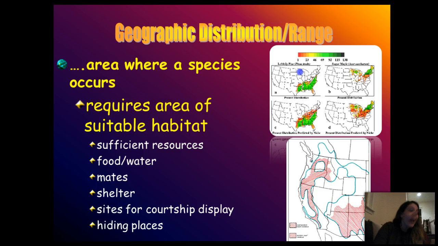And of course, hiding places can constitute limited required resources, especially if you have predators that are always after you. If you can't find those hiding places, you can't escape predation and you become lunch. And of course, throwing off those predator-prey interactions can throw off a whole ecosystem. If the prey can't find the hiding places, the predators eat them and they get lots more food than they